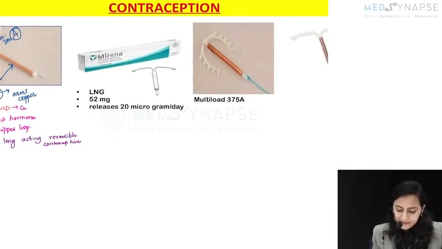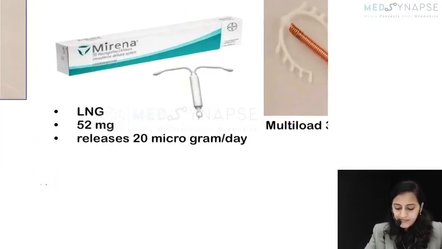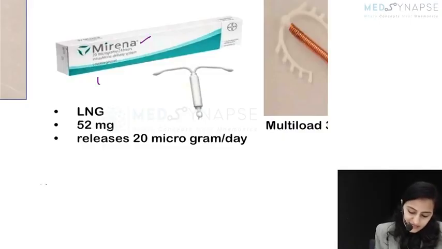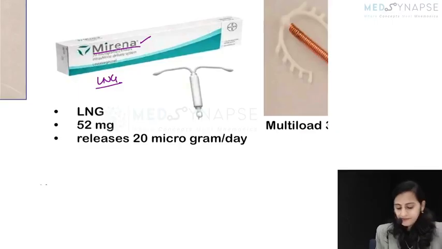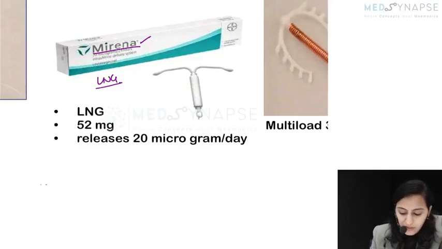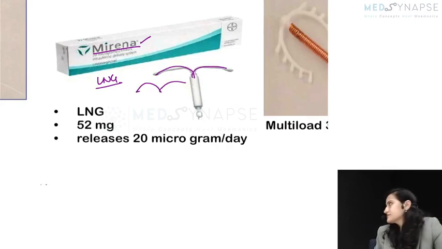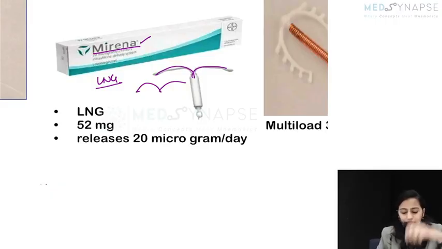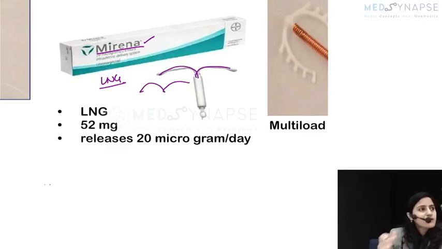Next is, this is Mirena, which contains levonorgestrel. So this is third generation. How do I identify it? I will not see any copper here. Right? There will not be any copper and it will be like this curve. दूसरा कौन सा हो सकता है थर्ड जनरेशन? एक है मेरेना और दूसरा किसमें है? दूसरे में हार्मोन